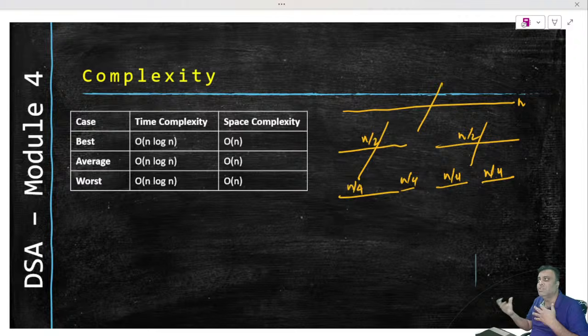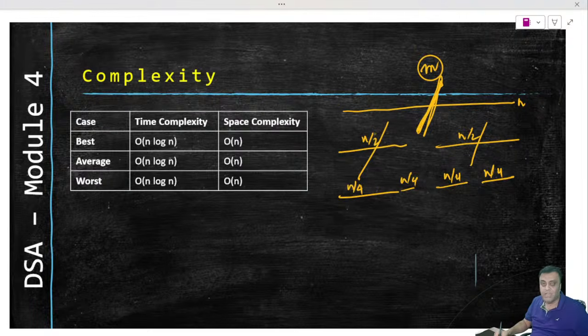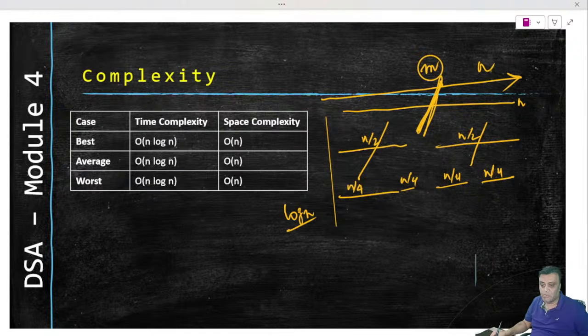So in quick sort, there was no guarantee that the pivot will be at the middle, but here we are doing it at the middle because we are calculating m. So every time m will be at the middle, therefore each subarray will be divided at the middle, and therefore this will always be log of n in terms of the height. And at each layer we will be doing n work. Therefore, n multiplied by log of n will be my total complexity.